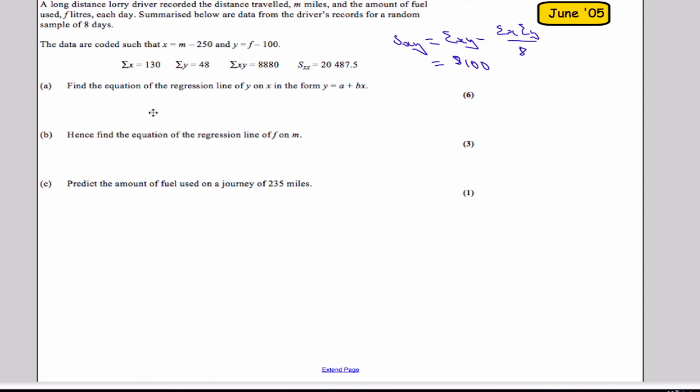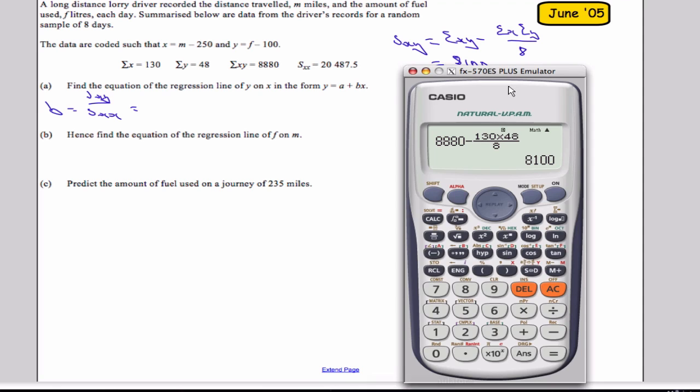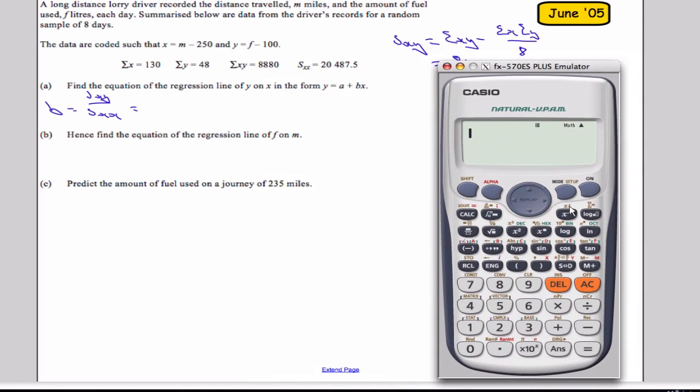Okay, so now I can get b. b equals Sxy over Sxx. Again, when you write this down, make sure you put the values in. You show the examiner what the values are that you're using. So Sxy is 8100, and we've got to divide that by Sxx, which is 20487.5. Gives us